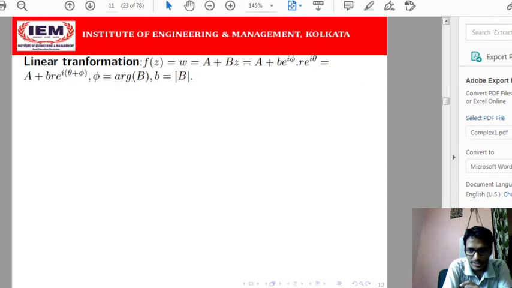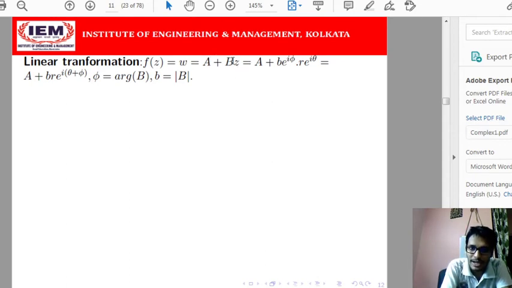So here I am going to discuss another important mapping in the complex variable, called the linear transformation. A linear transformation maps the variable z from the z plane to a plus bz in the w plane. Of the four cases we have discussed, apart from inversion, all three other cases are involved here. That means rotation, magnification and translation are involved. Here a, b, z are all complex variables.